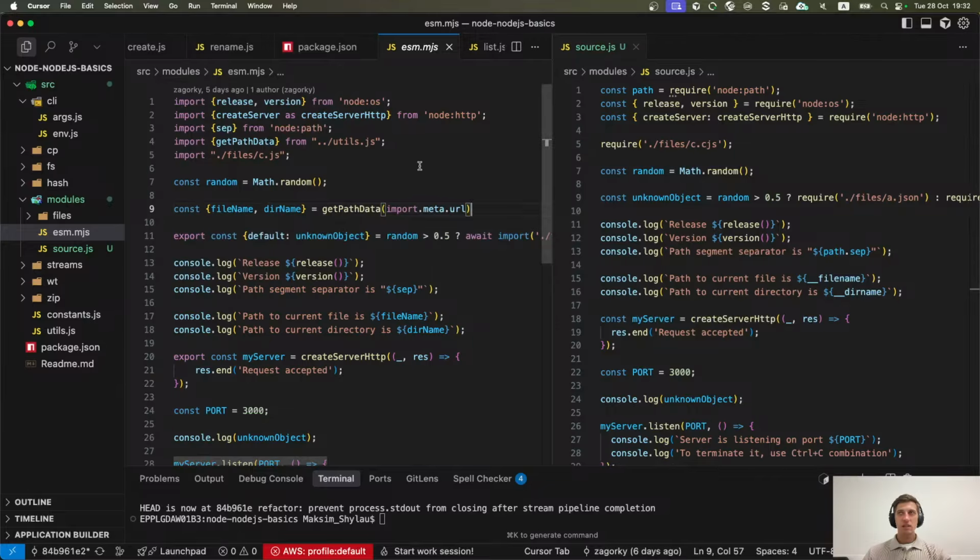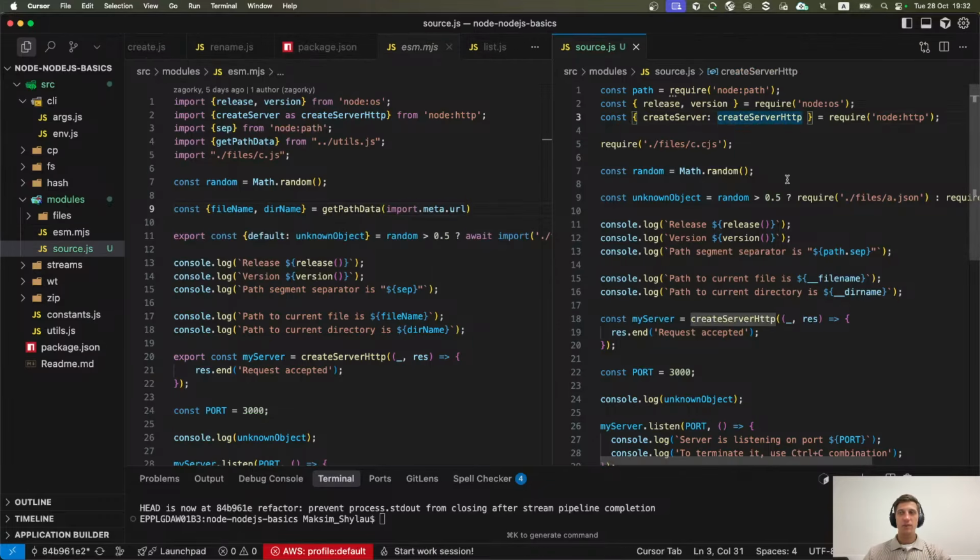You can see that we have some imports that are written in CommonJS notation, but they are a bit different and represent options that you can use to import your Node.js module. First one is import of default export of this module.